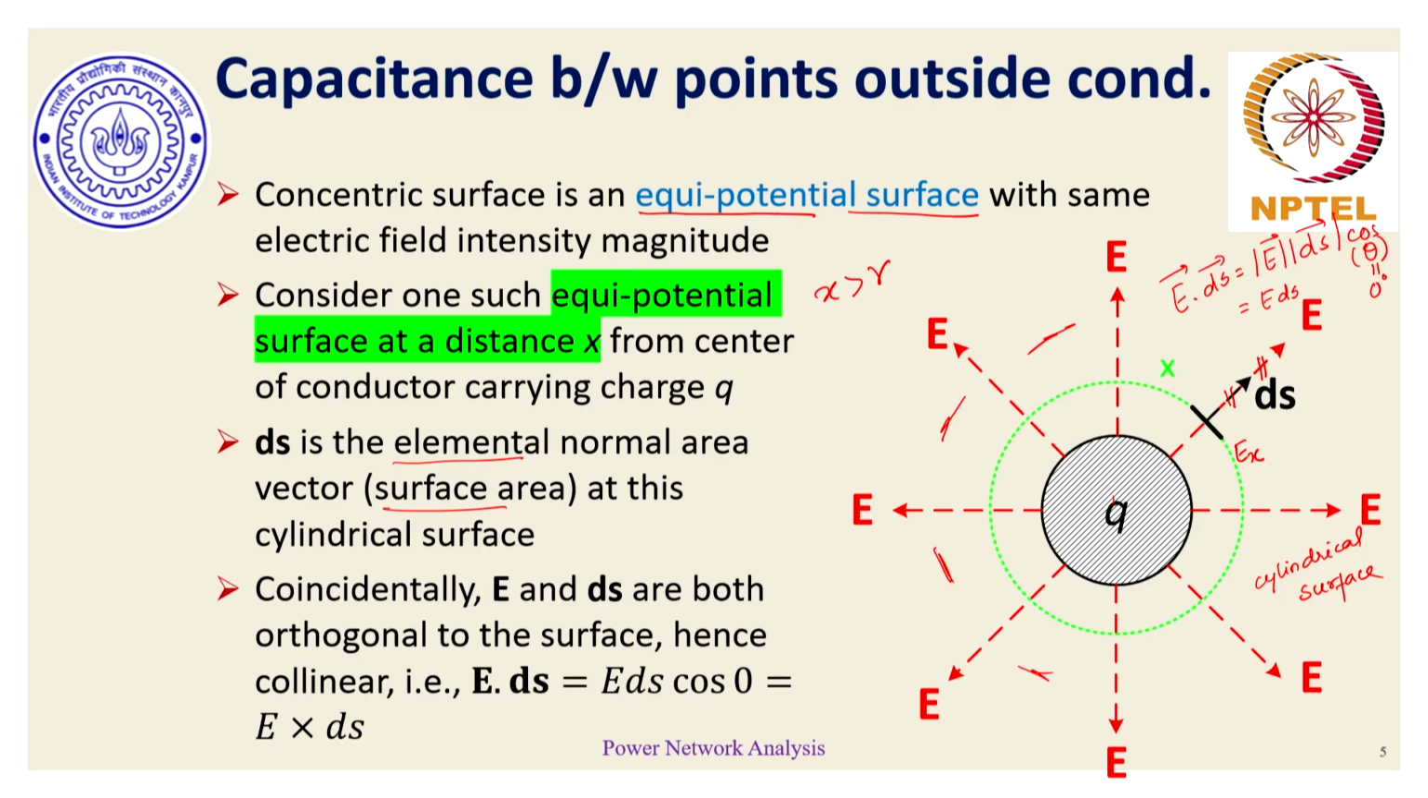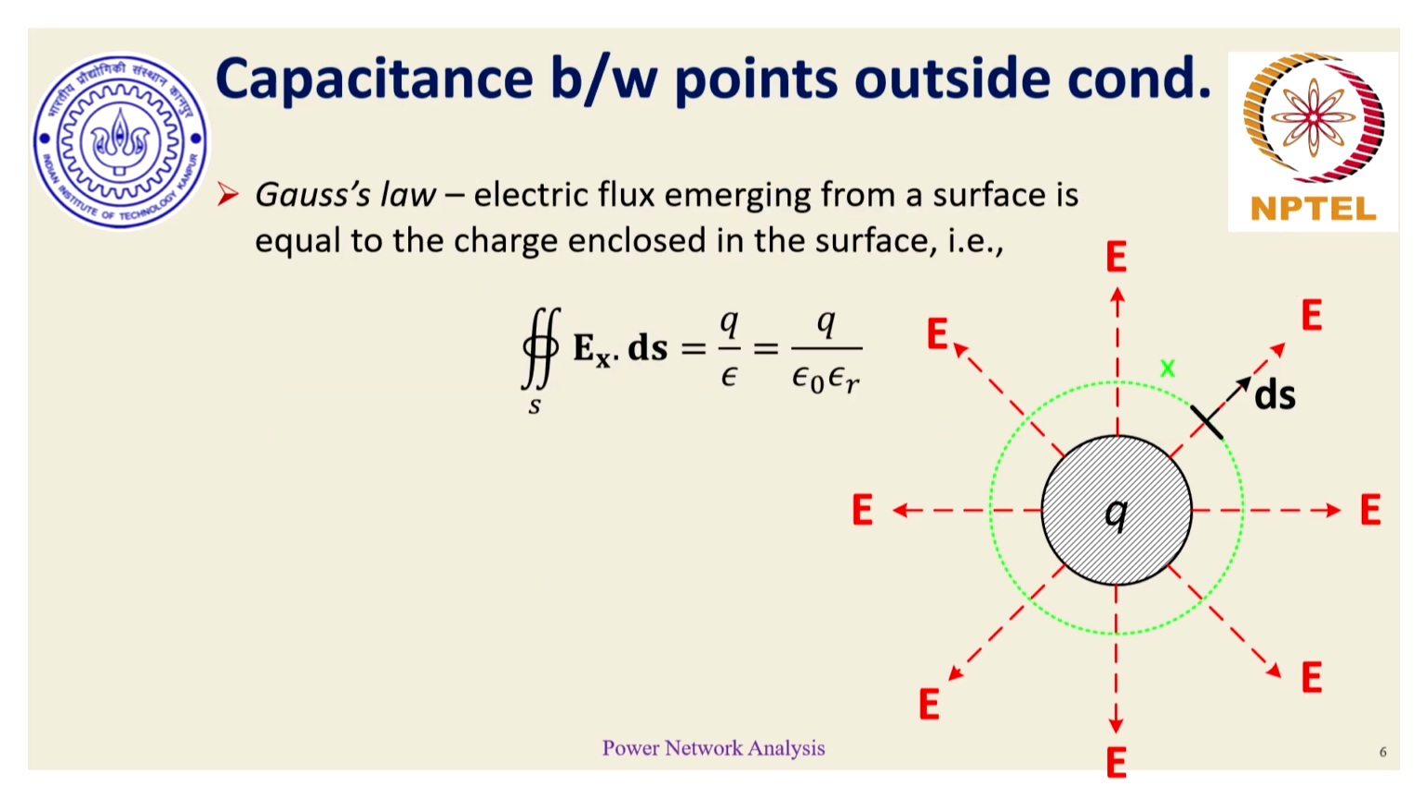So coincidentally, E and ds are both orthogonal to the surface of radius x that we have considered. So the corresponding dot product becomes a simple scalar quantity. Please don't confuse or consider this cross to be the cross product. It is simply a multiplication factor, or represents the product of E and ds magnitudes. So with E and ds being parallel, E dot ds resulting in a scalar, there comes the beauty of